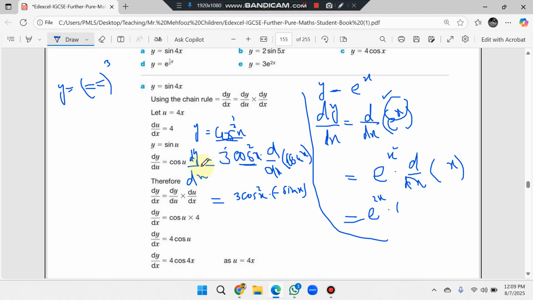You do not understand? Just wait a minute, one more simple example is that y equals